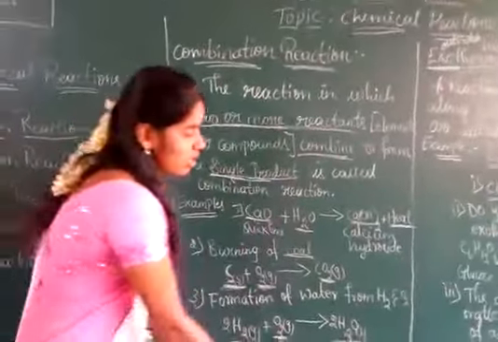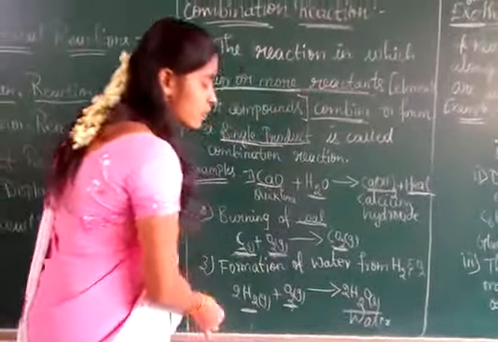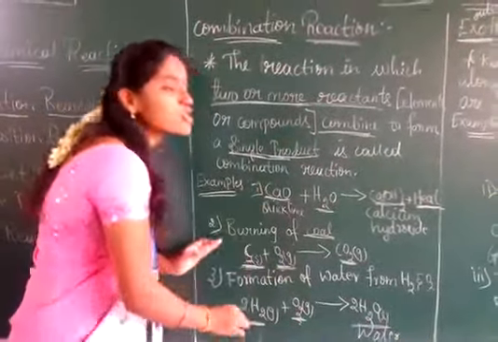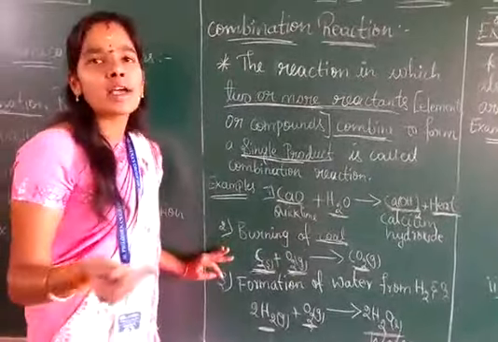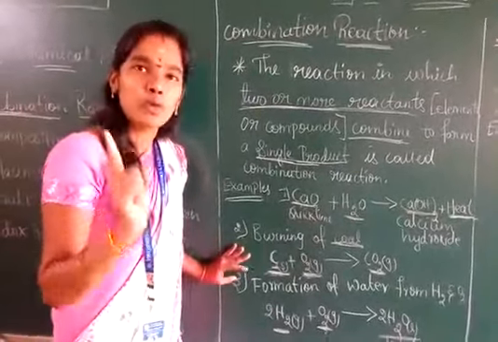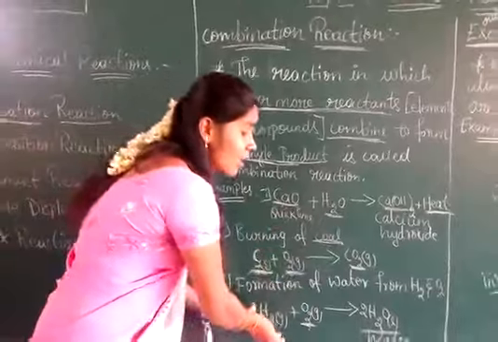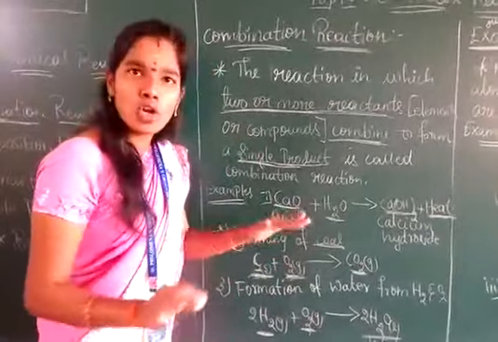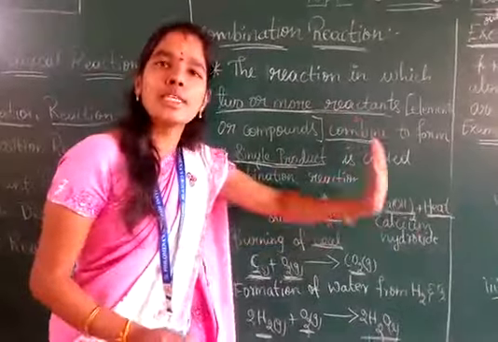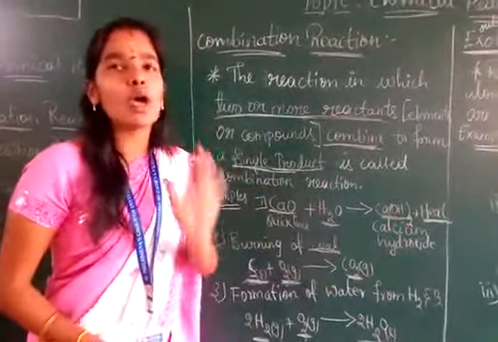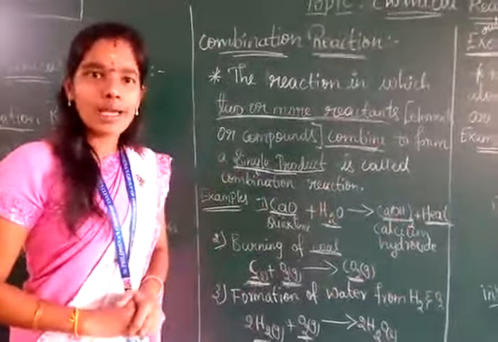H2O is a compound. So water, this is nothing but water. So these 3 examples also show very clearly that 2 or more reactants react to form a single product. Children, here what equation is there? How to write that? Here the concept is 2 different reactants react to form a single product. That you understand clearly. Okay.